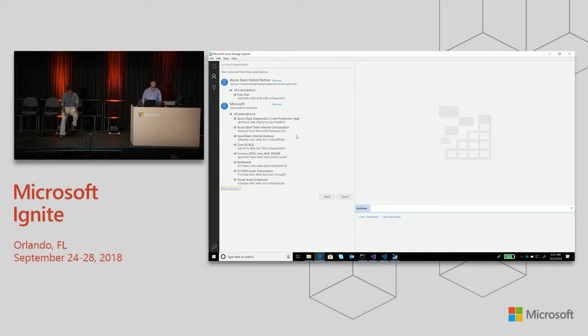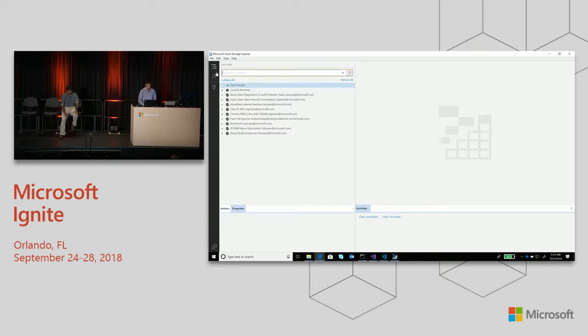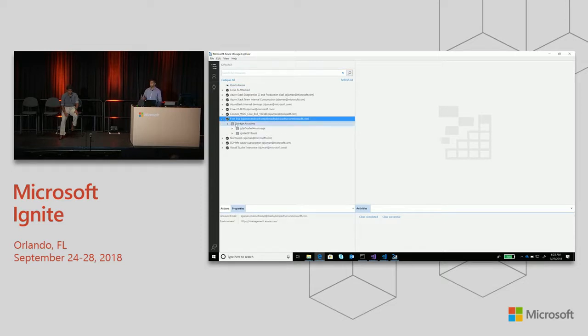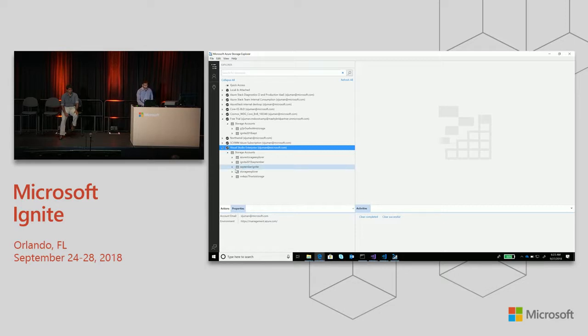Then, delving in a little bit further, I'm able to see my Azure Stack subscription, which is the one here, and it has the storage account that I used to create that application that I previously demoed, as well as the storage account that I used when I deployed to my production environment in Azure. And both of those are located here. This is just one of the many ways that we enable ourselves and you to develop both against Azure and Azure Stack. Very cool. Thank you, sir.